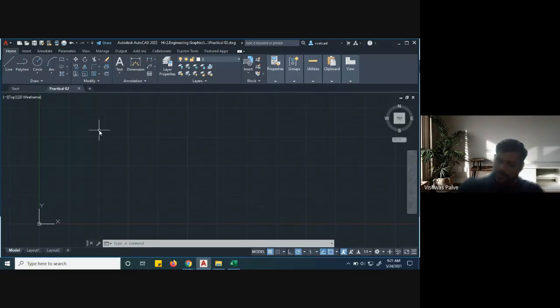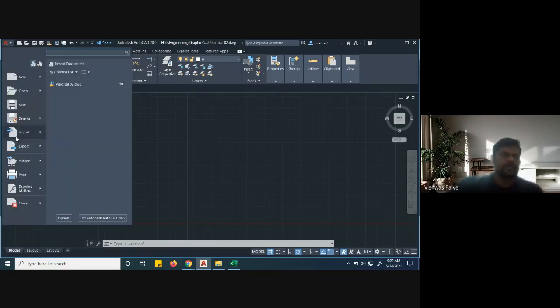So you have to note it down, that the file has to be saved in a particular location and then start drawing. Because when you click on save, randomly it will get saved somewhere, and later if you want to search that file, that will be difficult for you. So initially, when you start drawing, better save it in the respective folder, and then you can start practical sessions.